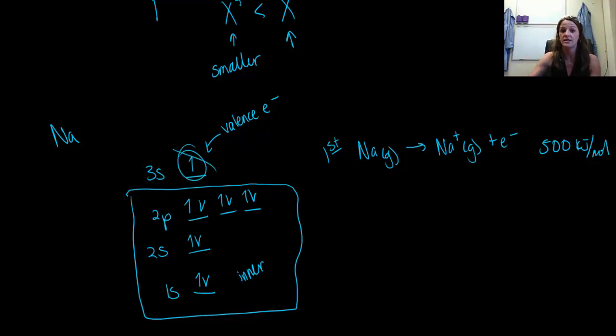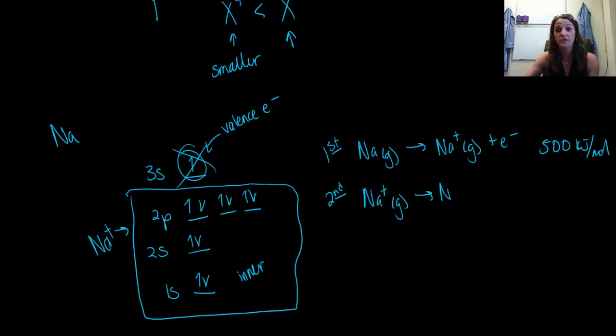Now, that is removing this electron right there. So let's say we've done that. This electron's gone. Okay, now we're looking at sodium plus. So we're literally just looking at these inner shell electrons because this outside one is gone. So now our second ionization energy. We have to start with a cation. We've already removed one electron. Now we're just going to remove our second electron, so this becomes sodium 2 plus, again in the gaseous state,